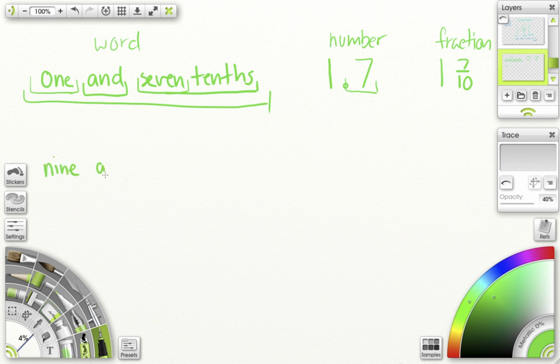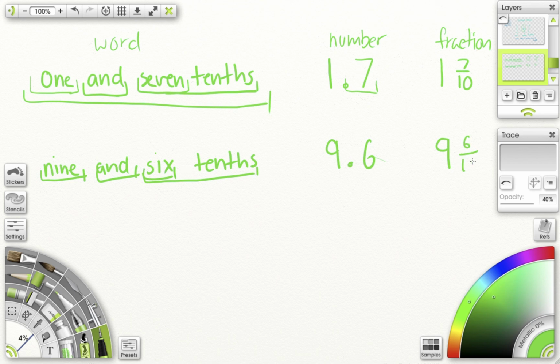9 and 6 tenths. To put this into number format, first of all, I look at my first word here, which is 9. So that's the number 9. And, which means decimal. 6 tenths. So 6 tenths is our first column. I need the 6. 9.6. If I'm writing it into a fraction, it is 9 wholes and 6